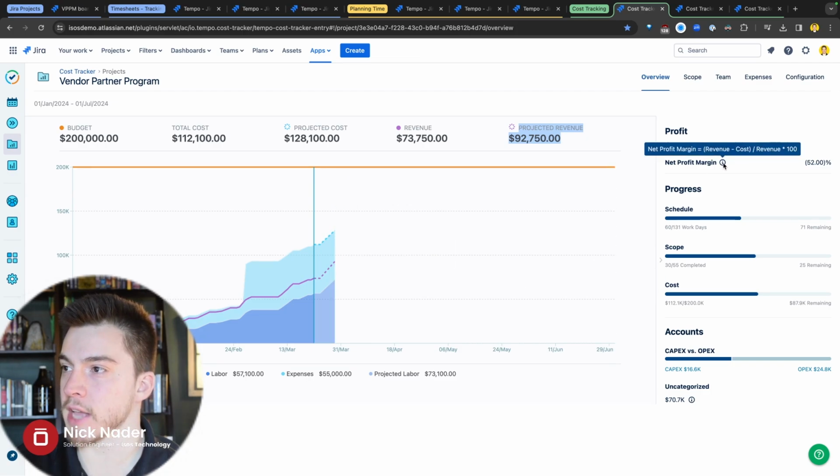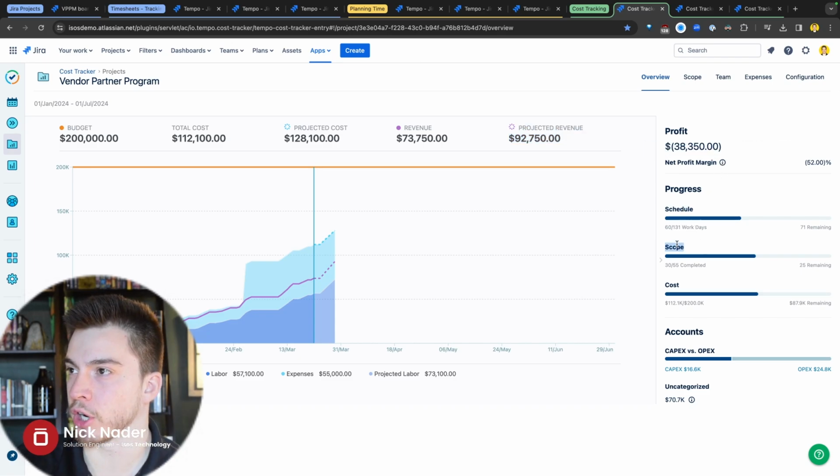And then on the right-hand side, you can see what our profit is and our net profit margin so far. So we have a very high net profit margin here. It looks like we charge quite a lot of money for our resources, but don't pay them that much. A huge profit margin that probably isn't super realistic, but just to demonstrate what that profit margin can show you, we can see our total schedule here, our scope of issues, and then our total costs and costs remaining within